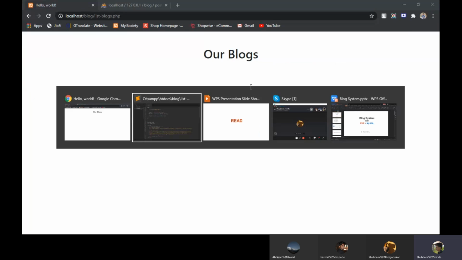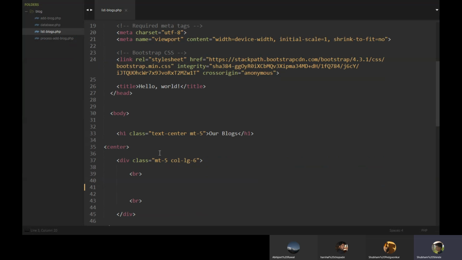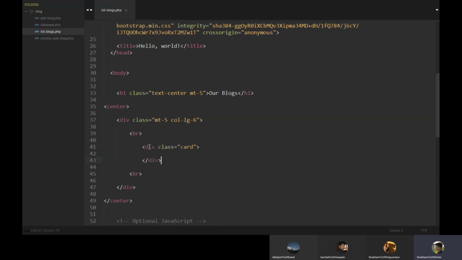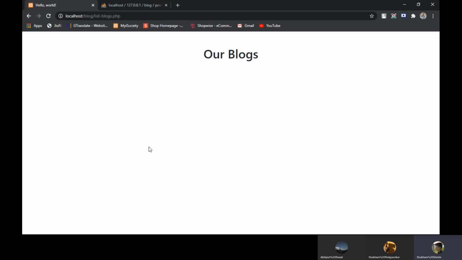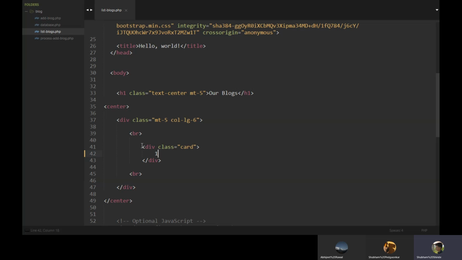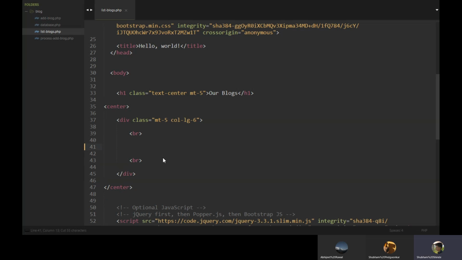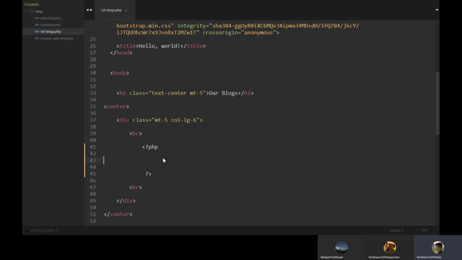Okay, we are good. Just paste that thing here, put one, we will get back our card. So this is our single card, we will loop it multiple times. Cut it, start PHP for defining our loop. The loop will just select single blocks and display them in a loop.